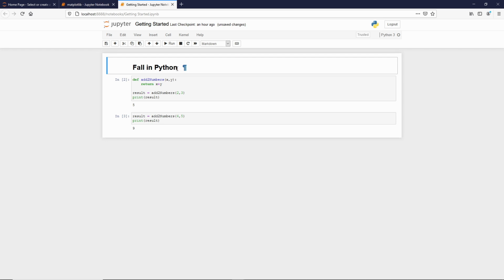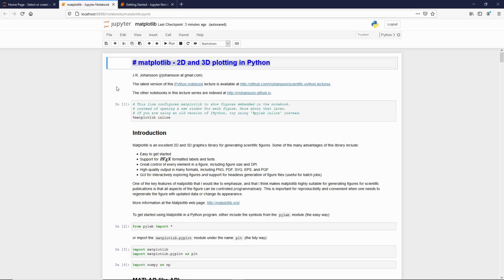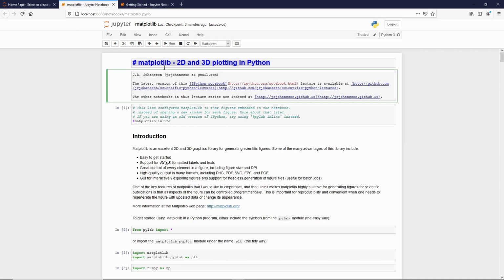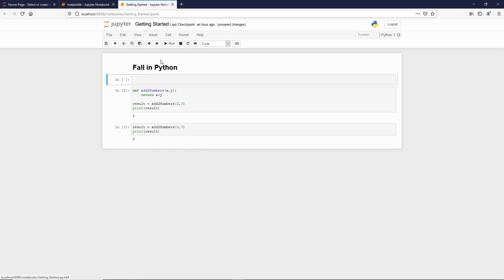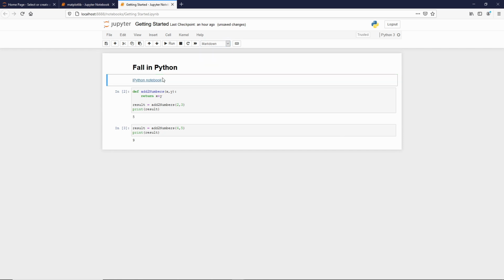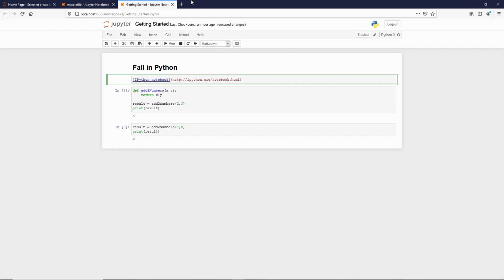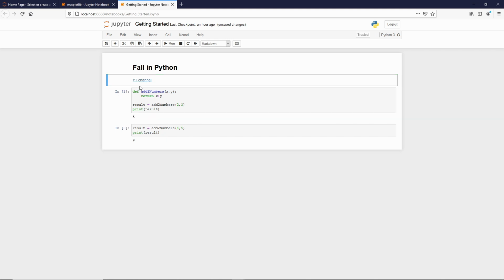Perfect. Now, how can I create the hyperlink? I just select the next cell, press Enter, and let's take this one as an example. Then come back, create another cell, insert below, again convert it to markdown, then paste it. Let's modify that hyperlink. I will add here the link to my YouTube channel and write YouTube channel. If I click on it,